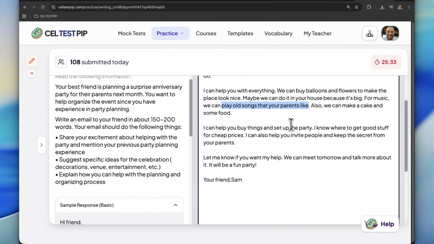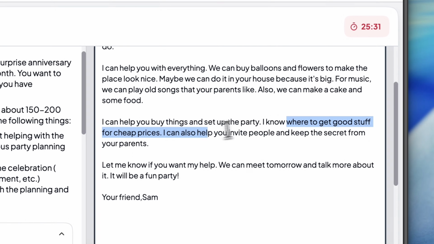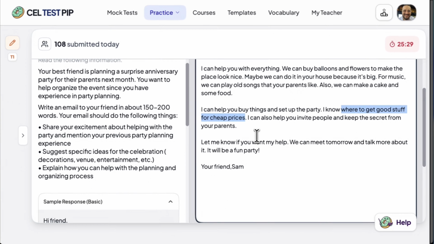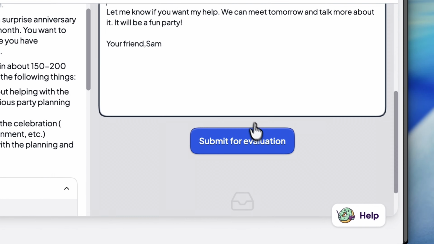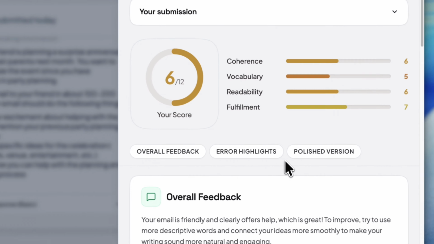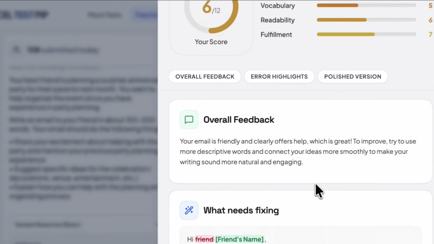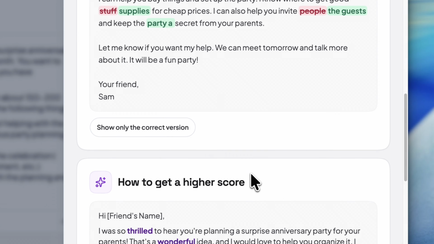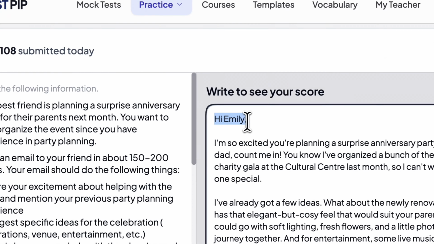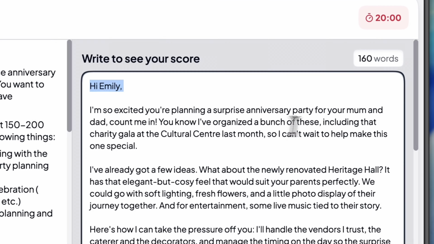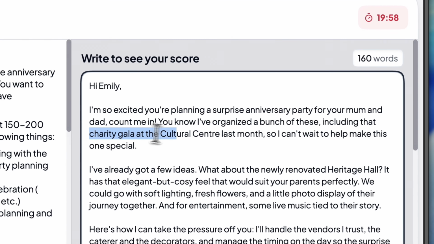Look at the parts. It says, buy balloons and flowers. Good stuff for cheap. I made some parties before. It has no specific ideas, no specific numbers and details, and everything is vague. The perfect one gives more detail and is very specific. Look at this. The greeting matches the best friend. It says, Hi, Emily. And we have 1 paragraph per bullet. Bullet 1,